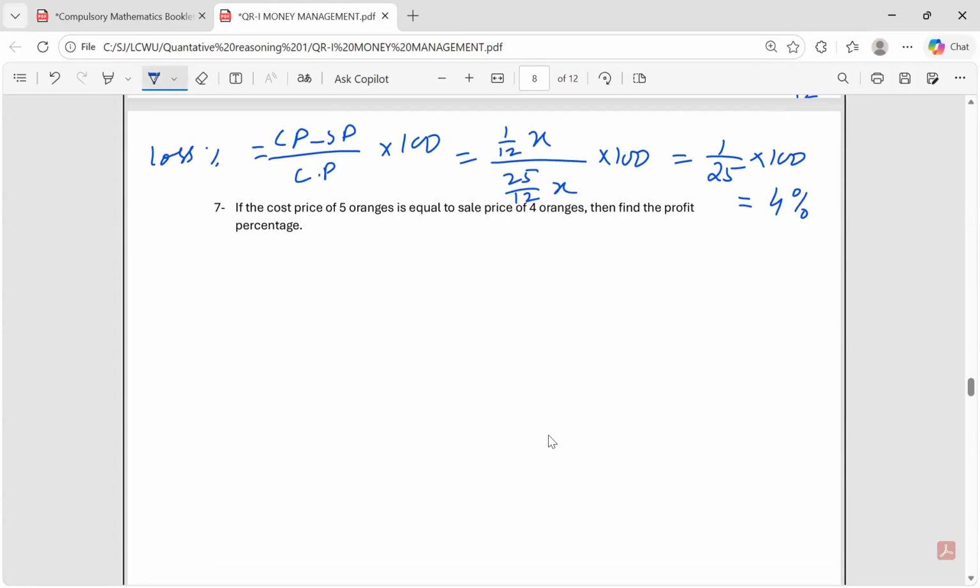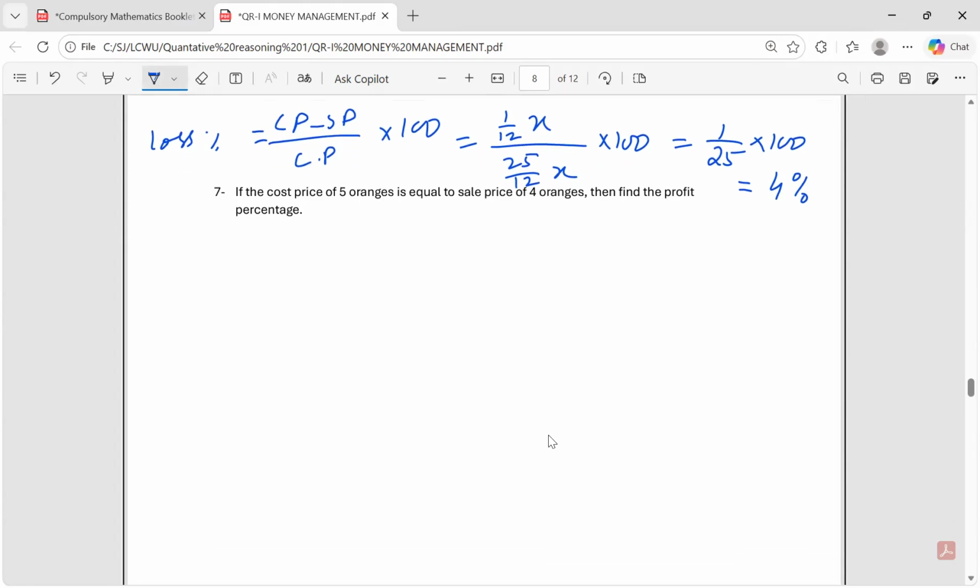Next, question 7. If the cost price of 5 oranges is equal to the sale price of 4 oranges, then find the profit percentage. Cost price of 5 oranges is equal to sale price of 4 oranges. So if we take